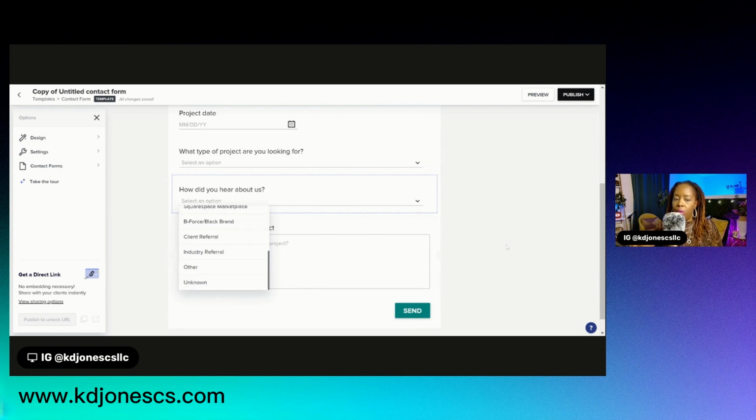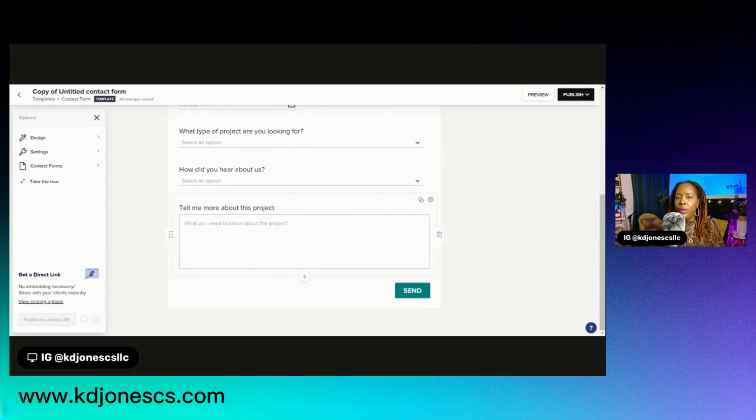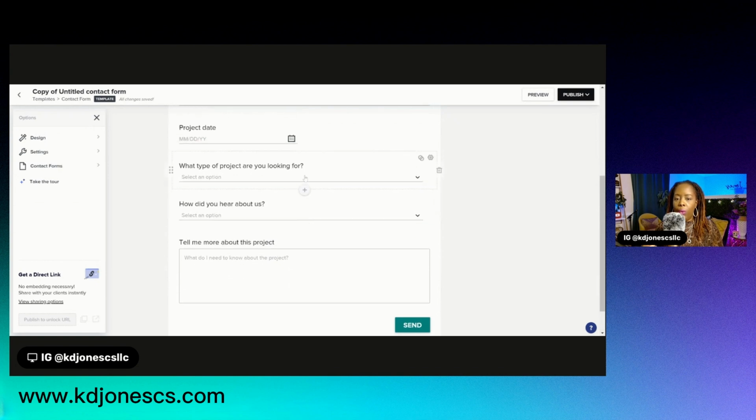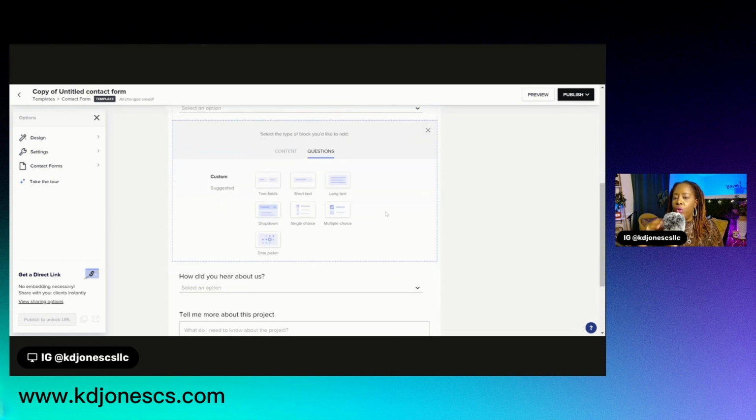So be sure that you do go through and fill out those company settings and then tell us more about your project. So maybe you need to go through and add additional questions. All you would need to do is just hit this plus sign. So under each one of these sections, as I hover over them, you'll notice that a plus sign will come up. All you need to do is just simply hit that plus sign and you're going to be